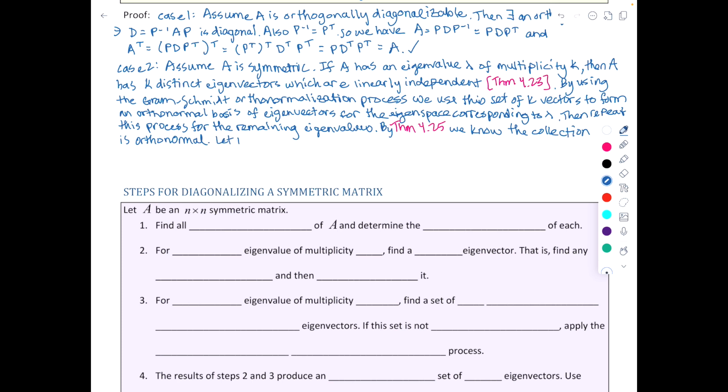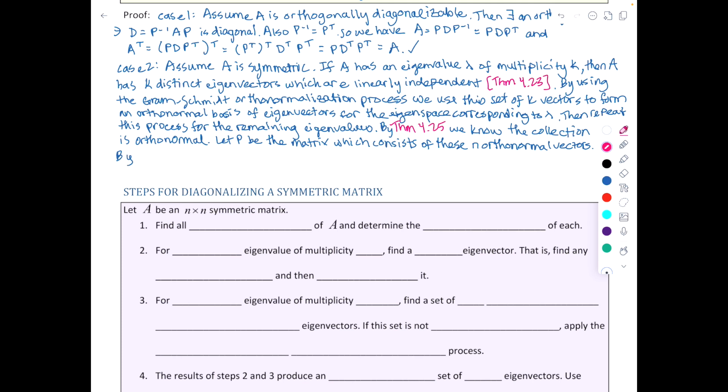Now, if we let P be the matrix which consists of these n orthonormal vectors,